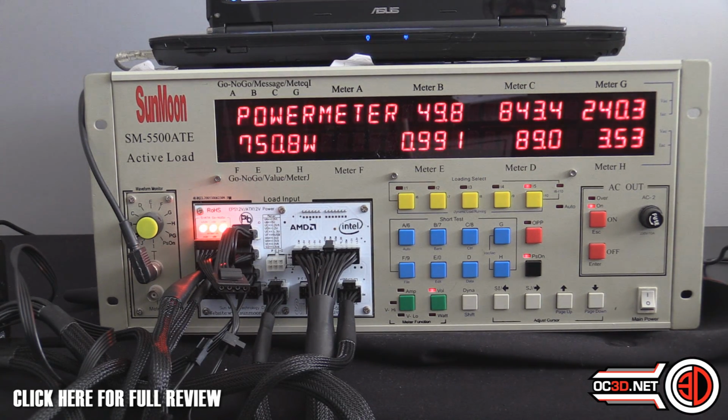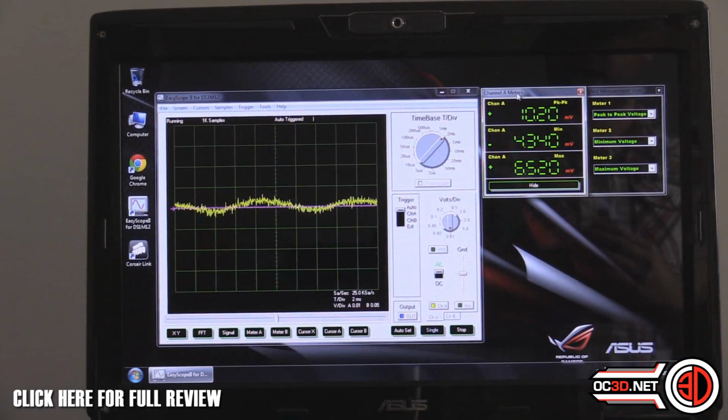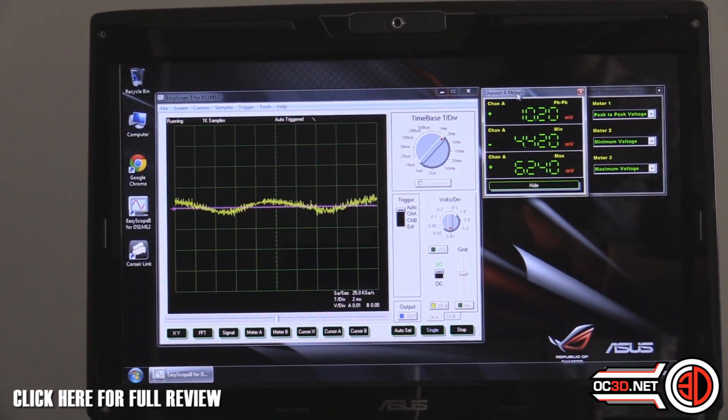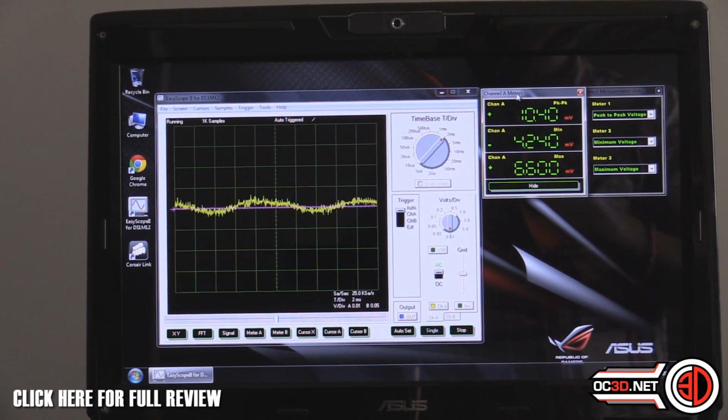844, right? Let's have a 800, yeah, but there we go, 844 watts from the wall. This does mean that we're getting 89.1%, 89.2% efficient on an absolute top end there. So 89.2% efficient, and we've seen a maximum of 10.8 millivolts of ripple at 750 watts. Bearing in mind that this is the unit's absolute maximum possible, and it's still only just going over 10 millivolts,